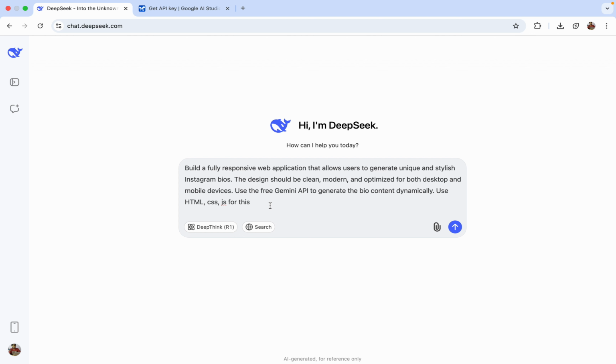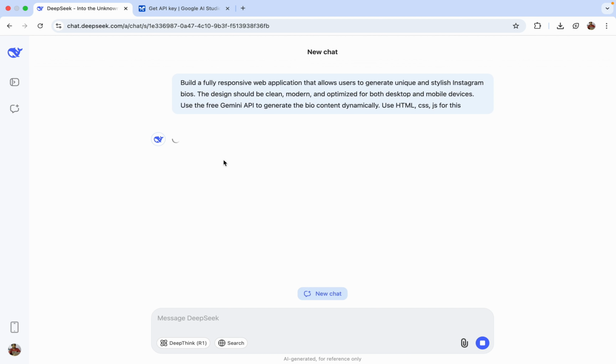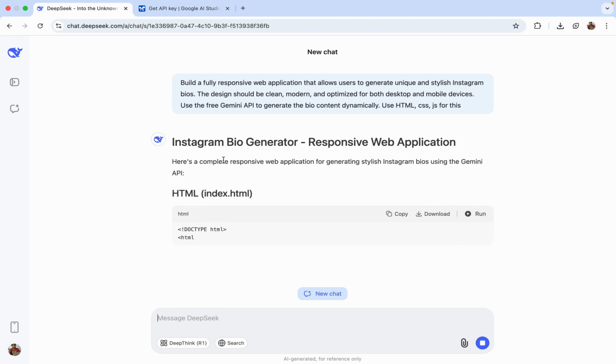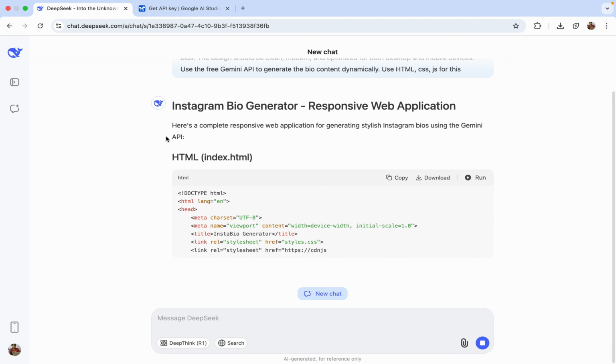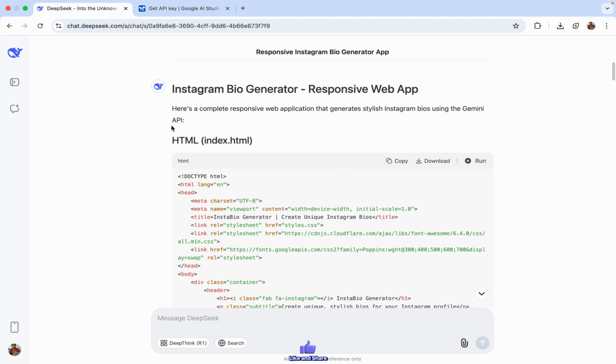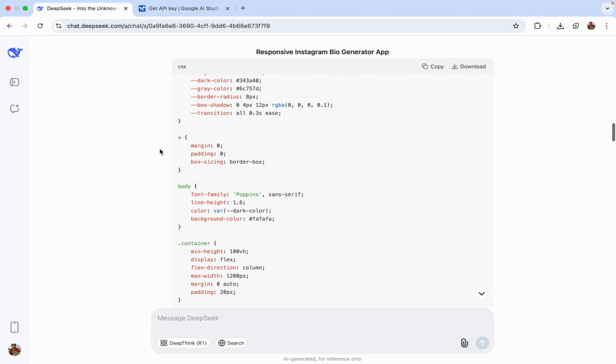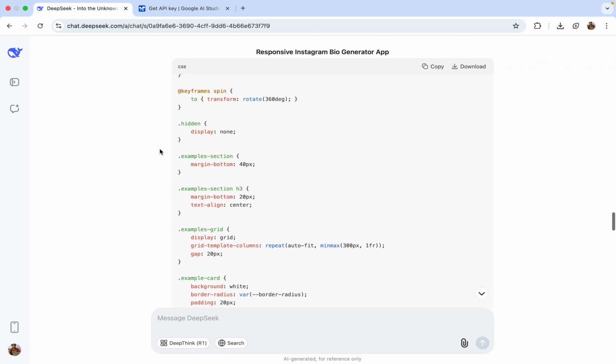Okay, so now let's enter this and wait some seconds. That will give us some code. As you can see here, it's giving us some code, like the index file. Finally, the code is generated. As you can see, we have some files: an index.html file, a CSS file, and one JS